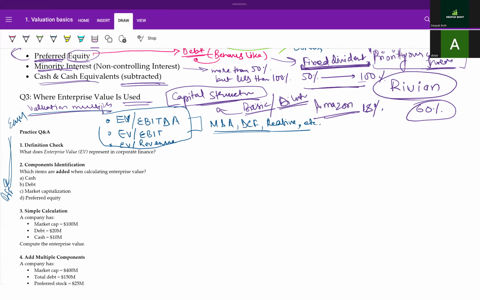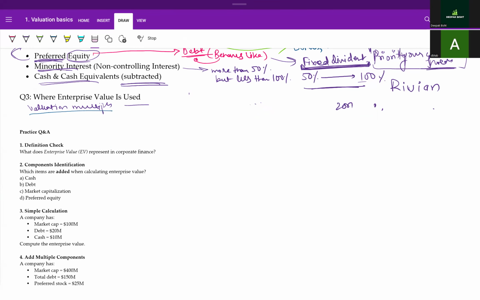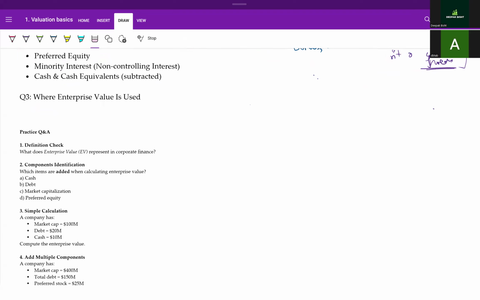Let me just remove everything here first. We can use a little more space for our calculations. Okay, so let's talk about the definition of enterprise value. We have discussed what enterprise value represents in corporate finance. Enterprise value represents the total value of the company,